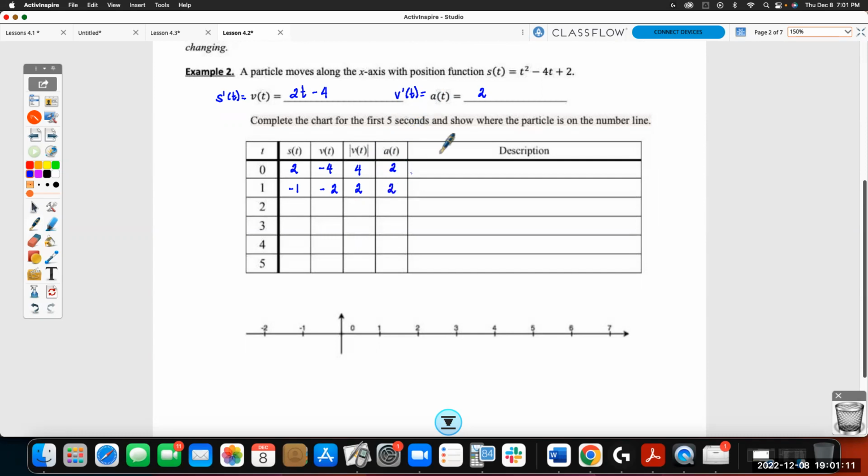The acceleration is also 2. So notice that the acceleration is not changing no matter what the value of t is. So when t is equal to 2, the position is -2, velocity is 0, absolute value is 0, acceleration is 2. When t is equal to 3, position is -1,